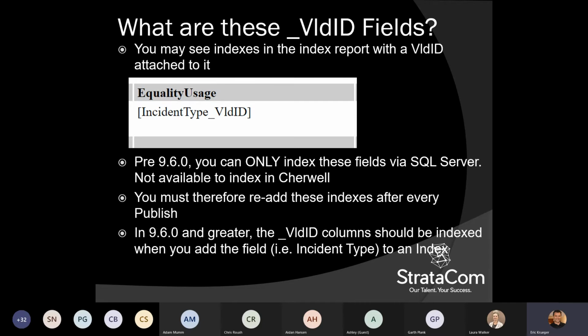In pre-9.6, you can only add these via SQL Server. So if you're on pre-9.6, you have to index these via SQL Server. If you're hosted with Cherwell, they will actually add these indexes for you. If you're on premise, you'll have to have your DBA add these indexes. If you're on pre-9.6, you must re-add the index after every publish because Cherwell will actually drop those indexes,